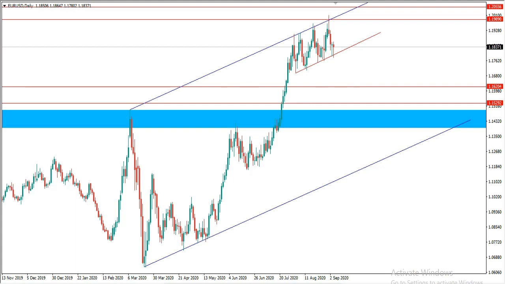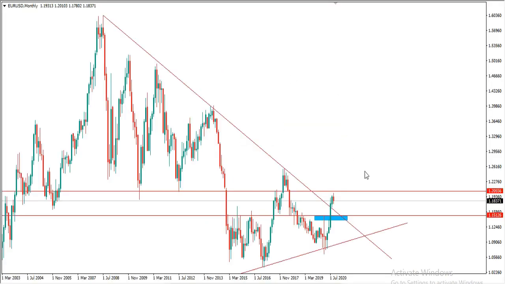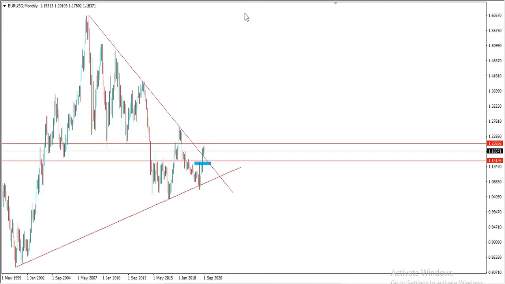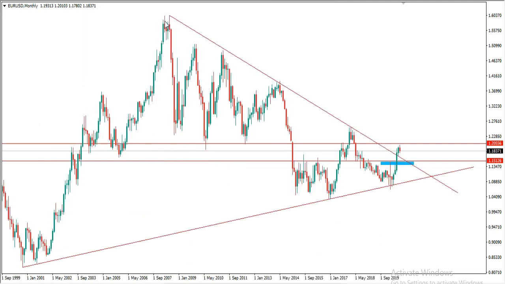Alright, so on Euro USD, what we can see first of all is that we have this wedge pattern. We can see that right here we had the beginning of the wedge, we had resistance at this point, we had resistance at this point. Over here we can see support,